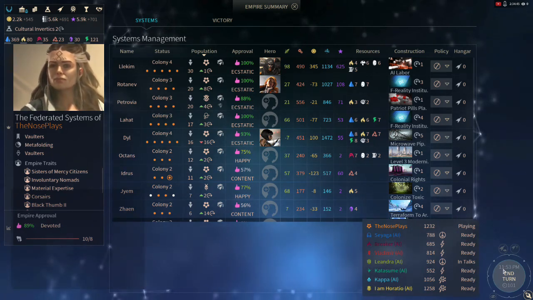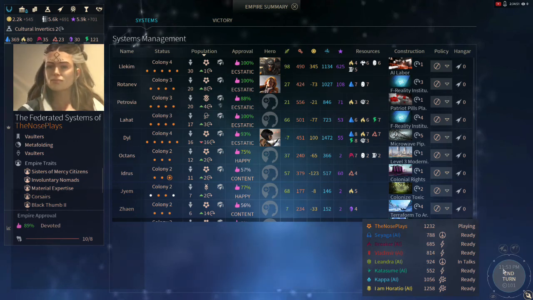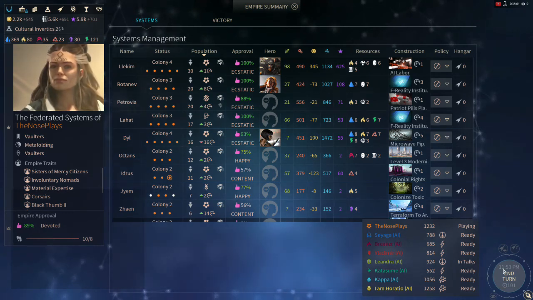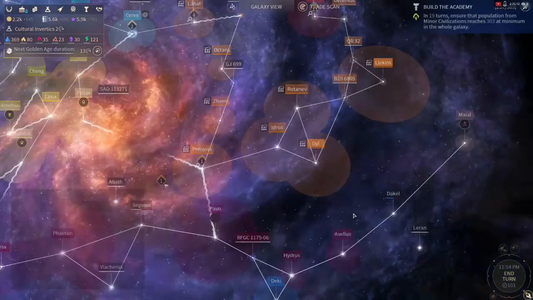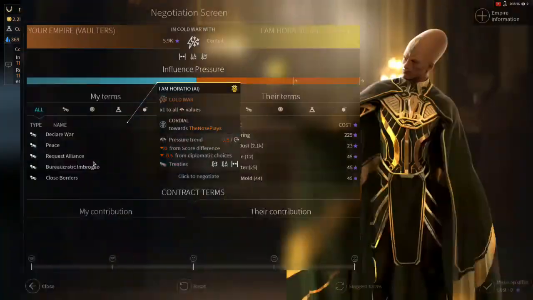Horatio does keep asking us to ally with him, and so if we were to ally with Horatio, we basically would be unstoppable. That's not something I'm probably willing to do, but the one thing that makes me interested in maybe doing it is the trade route potential. Because we do neighbor with Horatio, we could trade with him and make our economy even better. So actually, to be fair...